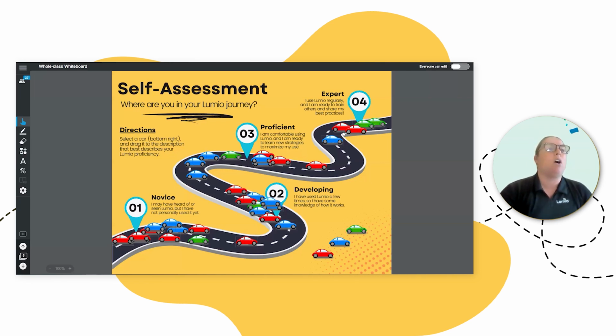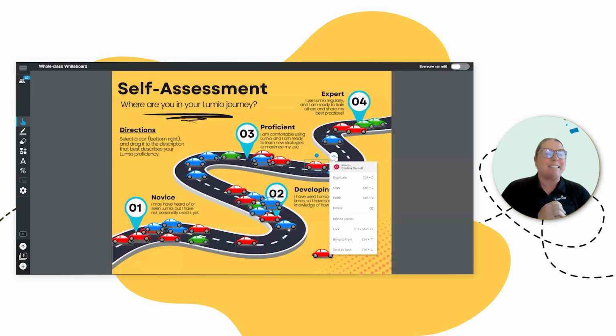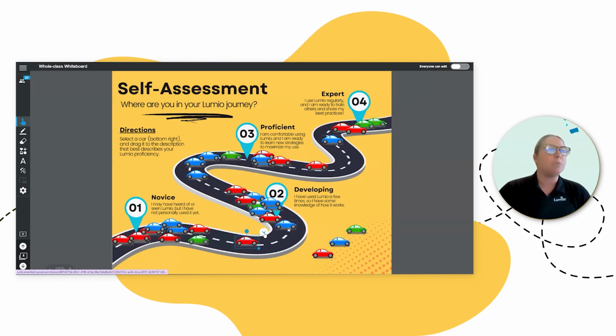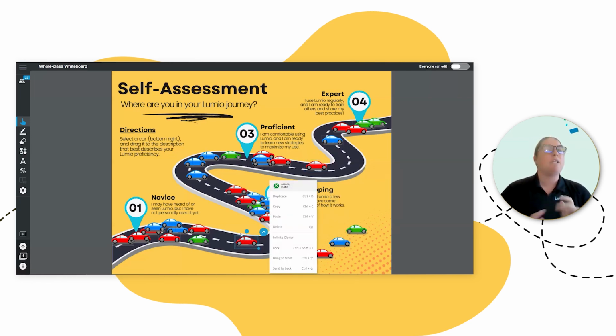I also can click on contributions here and see who added what. So there's my girl, Christina, who we have a session together next. She's feeling proficient, getting close to expert. So I can actually click on the contributions and see who says what. If this was a text contribution, so I'm asking you how you're feeling that day, and you say, I am happy, and someone came in and changed it to I am sad, it will say added by Katie, edited by Holly. So I can see if a student manipulates the work. However, if they delete someone else's work, I won't be able to see that.